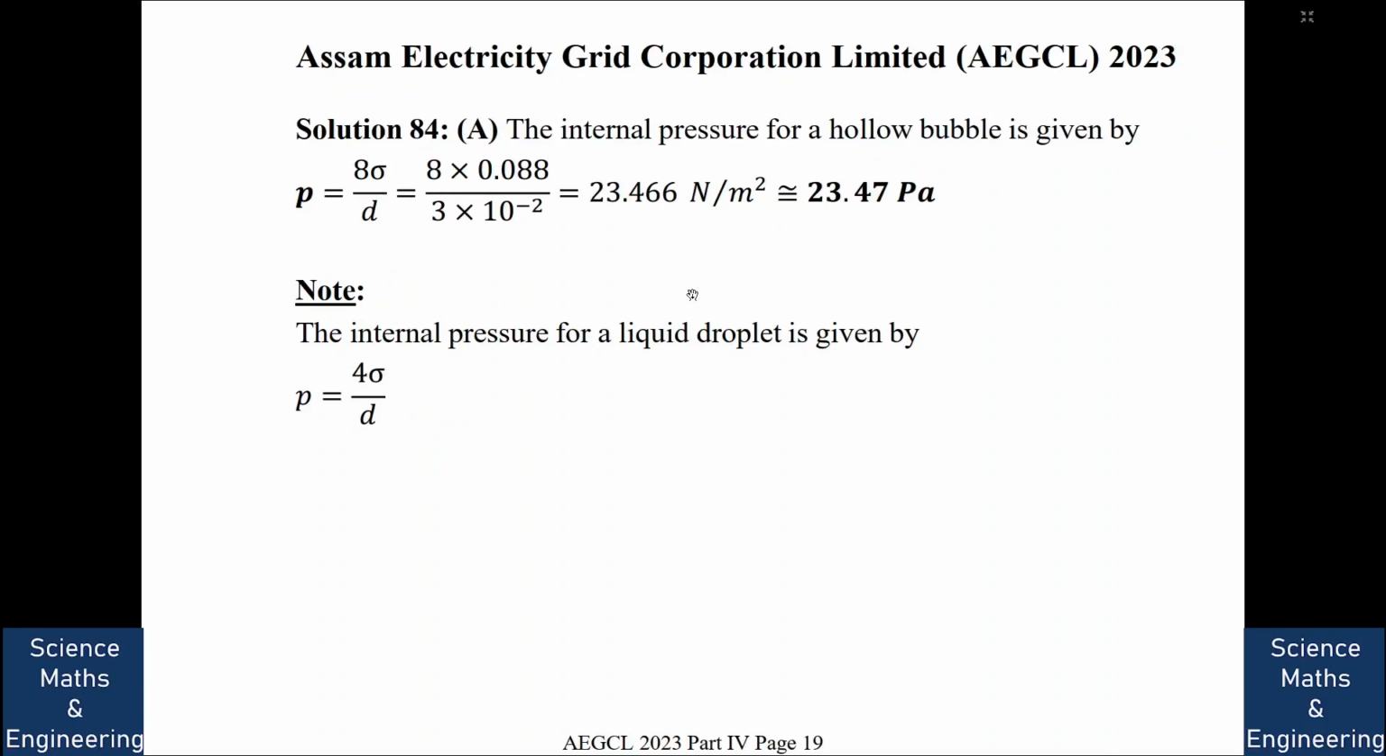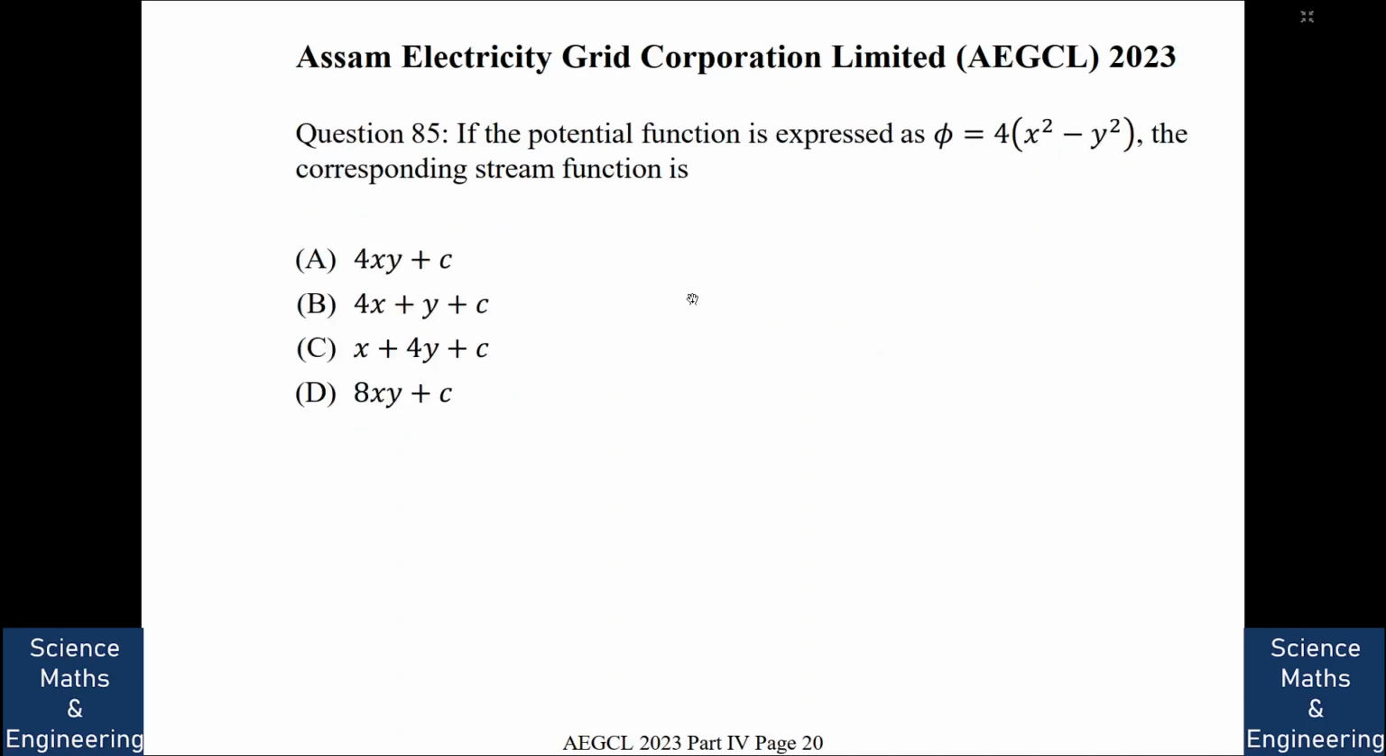Now here sigma we know 0.088, D we know 3 centimeter, that is 3 × 10⁻² meter. So from here we get P is equal to 23.47 Pascal. Now had it been a liquid droplet, the P would have been equal to 4 sigma by D. So next question. If the potential function is expressed as phi is equal to 4 into x square minus y